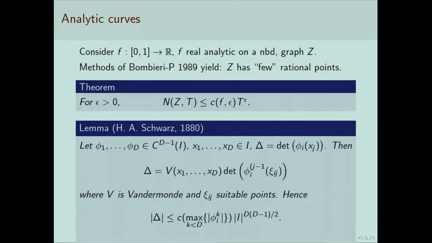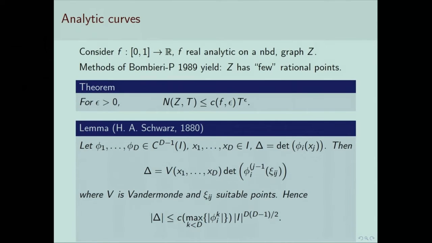Okay, so the basic result, which goes back to the methods of this paper with Bombieri, is about counting the rational points on a non-algebraic real analytic function. So we have f analytic on some neighborhood of [0,1], and Z is the graph just on the interval 0 to 1, and we go counting the rational points. And the conclusion is that for any epsilon, the number of points is at most a constant times T^epsilon. And I'm going to describe the